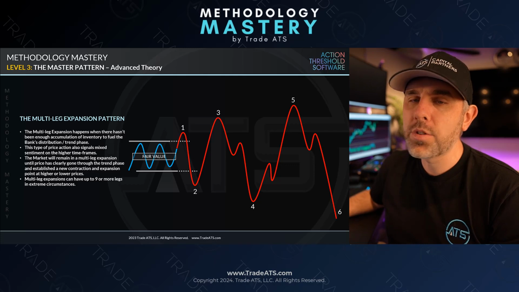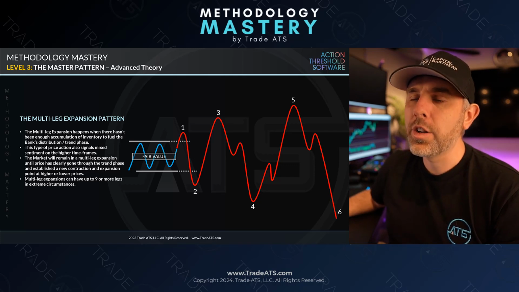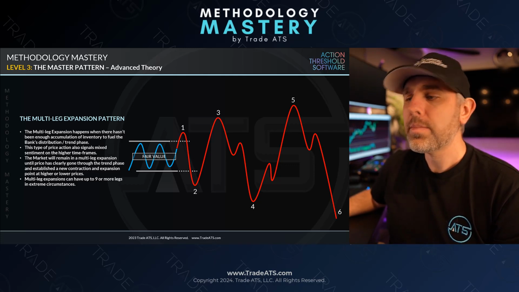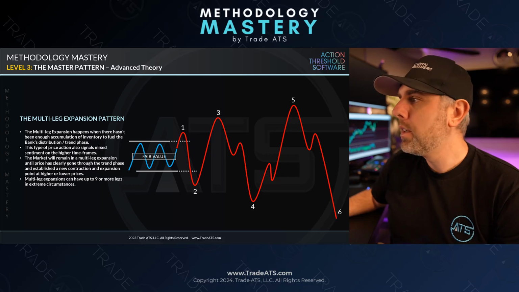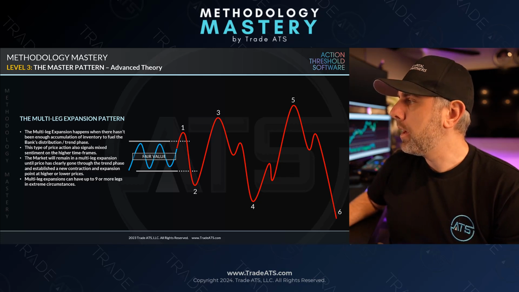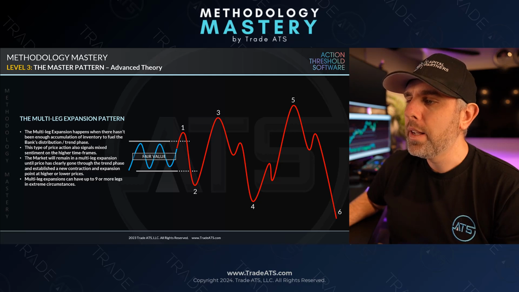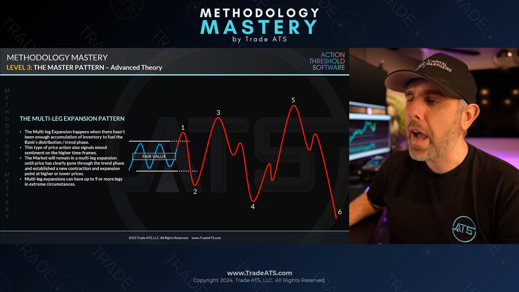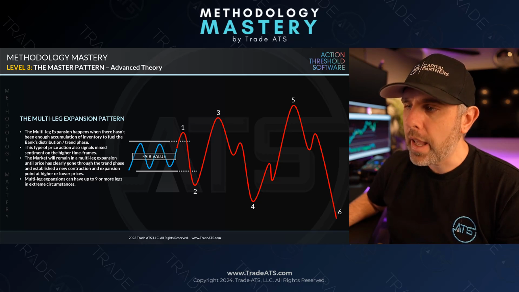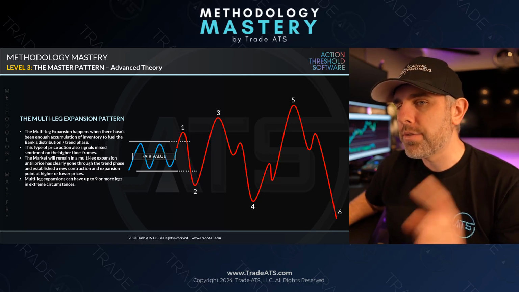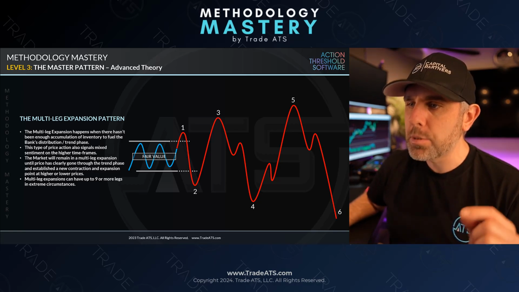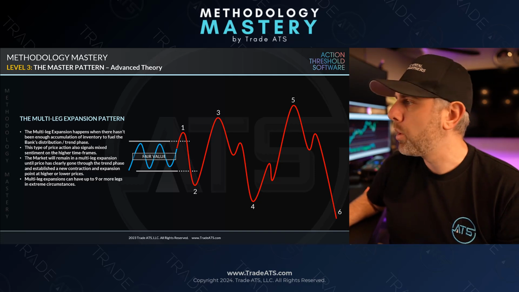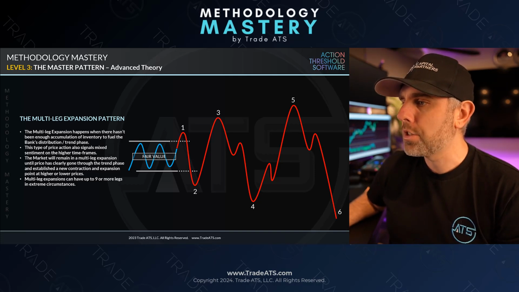But when you get the first 1 and 2, then you're going to look for, am I going to get 3? Am I going to get 4? Am I going to get 5? So on and so forth. And then you will be able to treat it accordingly. And the main goal is to not fall victim to the whipsaw action, to actually use it to enter the market in the directional bias. And following the directional bias is the absolute key to not getting destroyed with this pattern and actually using it